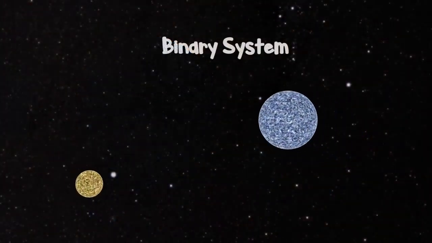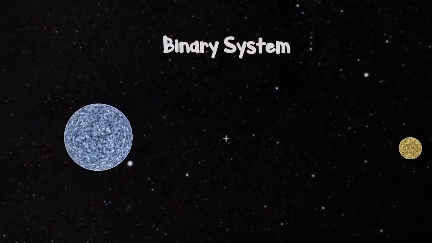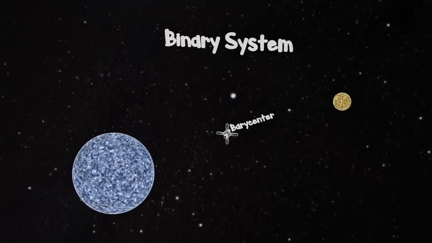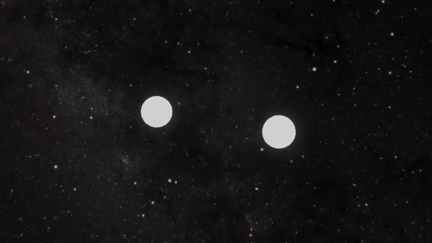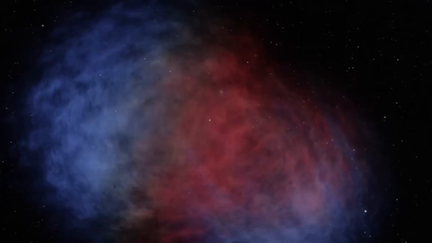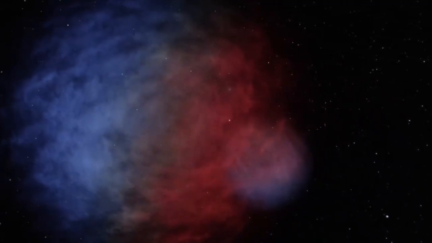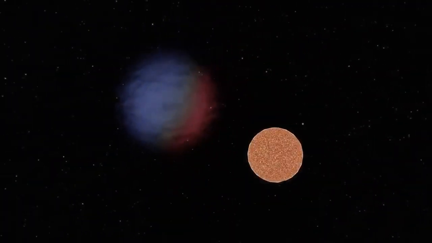Binary systems, or binary stars, are two stellar objects that are gravitationally bound to each other, orbiting around their common center of mass. In the early universe, neutron stars could often be found in binary systems, since if there is enough gas to form a star large enough to produce a neutron star, there's usually enough to form another within the same region.